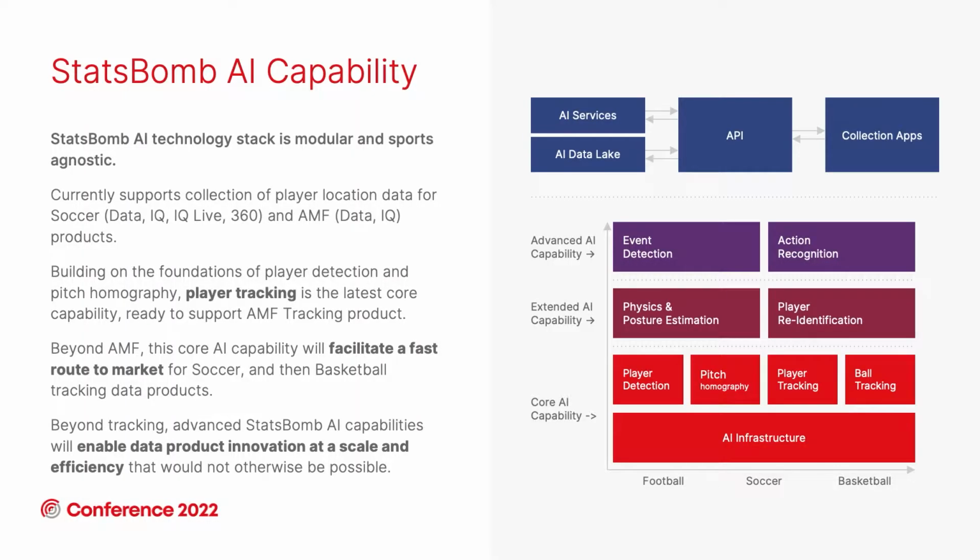So we spend quite a lot of time and effort making sure that our AI infrastructure is modular and scalable, and allows us to interact with other teams within StatsBomb to ship these models and products across the board to different front-end teams, especially in the collection process, so we can generate the data that you all use and love. It's important for us to make sure these processes are in place, so when we apply AI on one particular sport, we can also apply it to another one without having to reinvent the wheel from scratch.